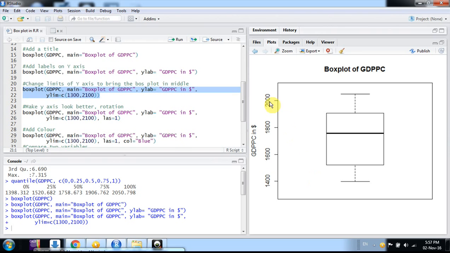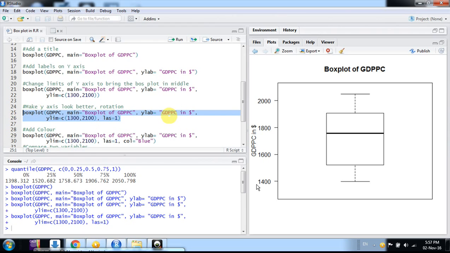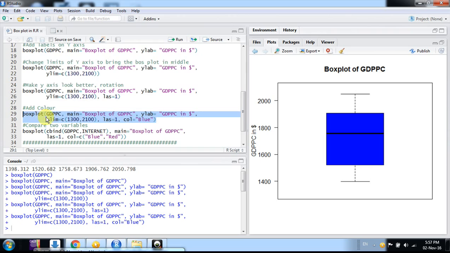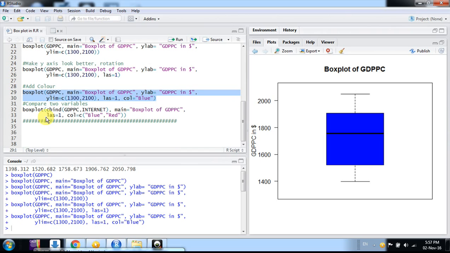Okay, friends. Now the values we are having here are not horizontal, so we can fix that by using the las command. One more argument, las equals 1, and it will be horizontal in this way. Now it looks better. And we can add color also by using the same command we use generally. It's a very generic command, col equals blue. You can take any color that exists in R. Now it's blue. So far we have learned how to interpret a box plot, and what changes we could make using R in presenting the box plot in a research paper.